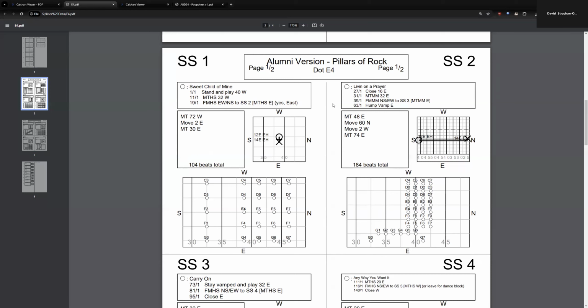So together, let's just temporarily look at stunt sheet 2. You can see we have a new song, Living on a Prayer. At measure 27, we're going to close 16 east. Then at measure 31, we're going to mark time mini military. That's at MM for 32 east. And then at measure 39, we're going to go forward march mini military, north-south first, then east-west to stunt sheet